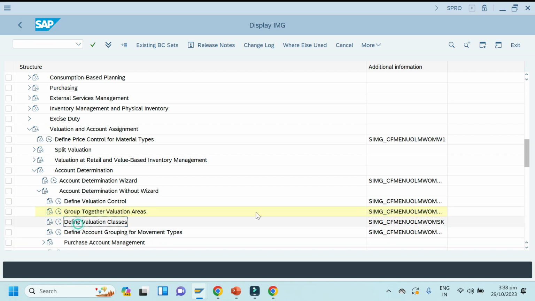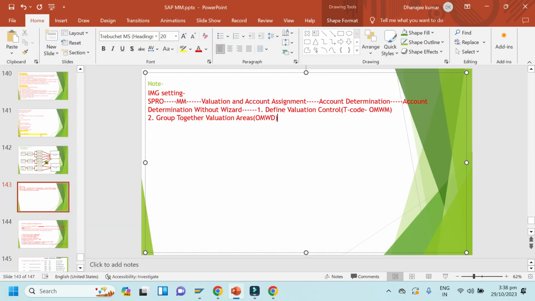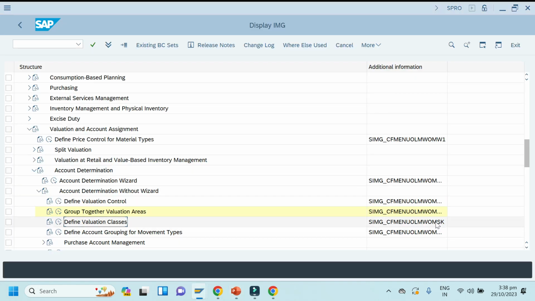Then third point is define valuation classes. T code is OMSK. OMSK, you can see here.